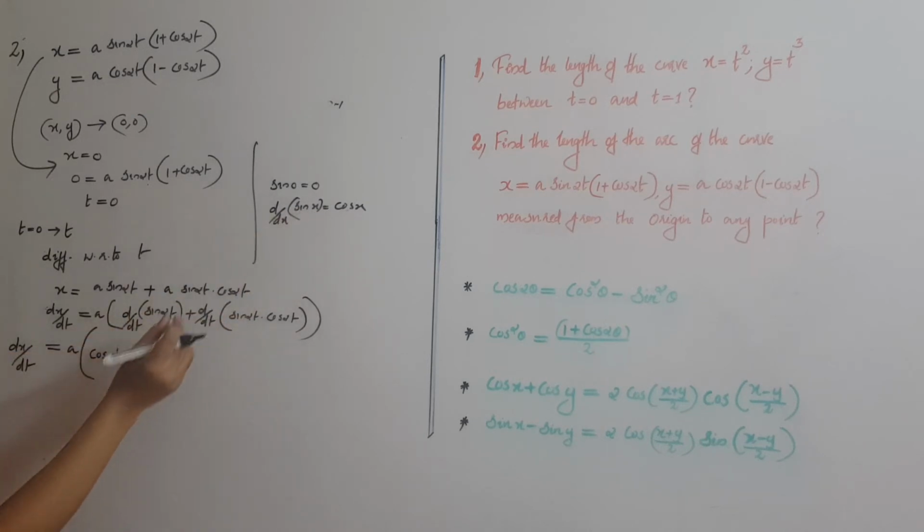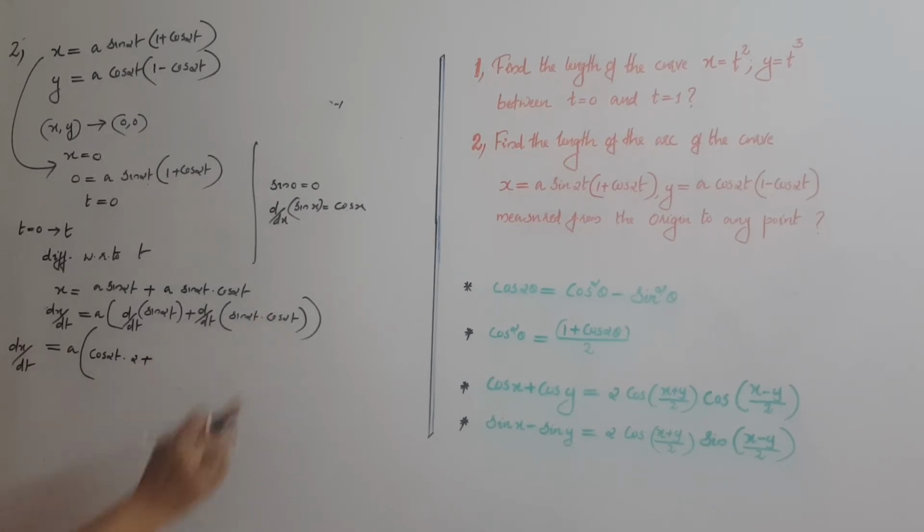Here in the place of x we have 2t. Then that is another function. So derivative of sin 2t is cos 2t into derivative of 2t, that is 2, plus d by dt of